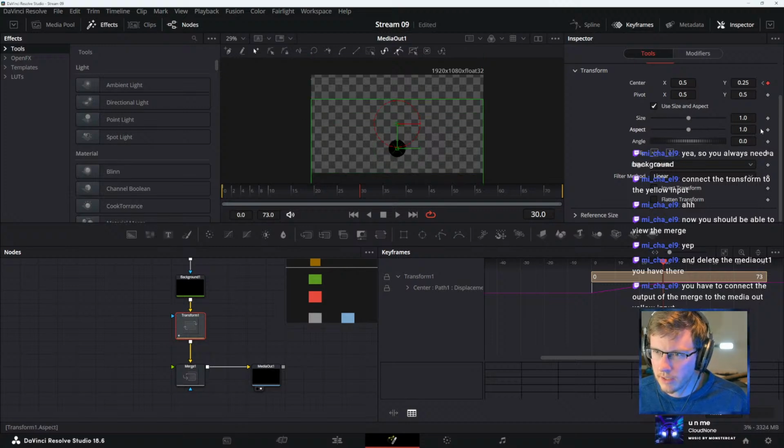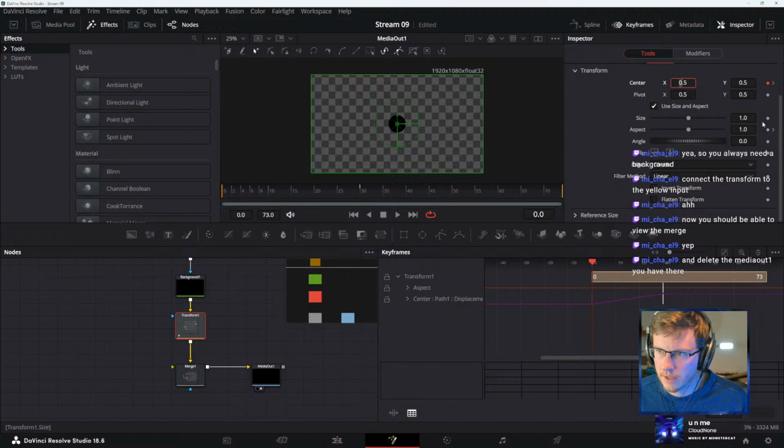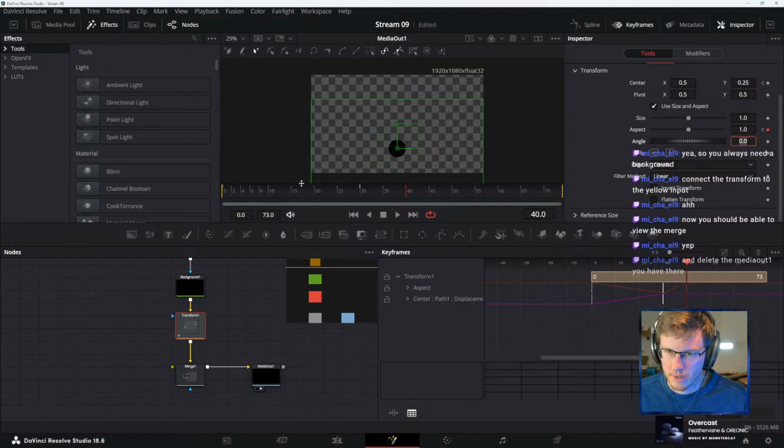Yeah, that's good. So here to here, and then go like that. Then like frame 40, we'll have it go back up. 2.5. Oh, to 1. And at 60, it should be back to where it was.